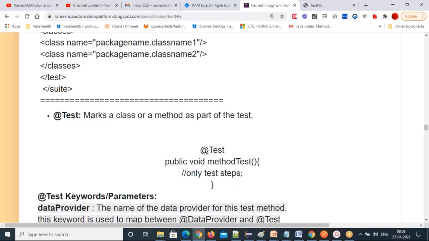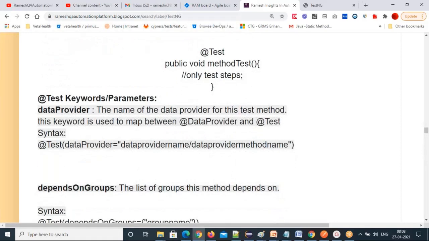Okay. Now, what are the different keywords you can use with @test? We already used @test with the dataProvider keyword. What is it doing? It gives the name of the data provider for this test method. You are mapping the data provider annotation and the test method with the dataProvider keyword.